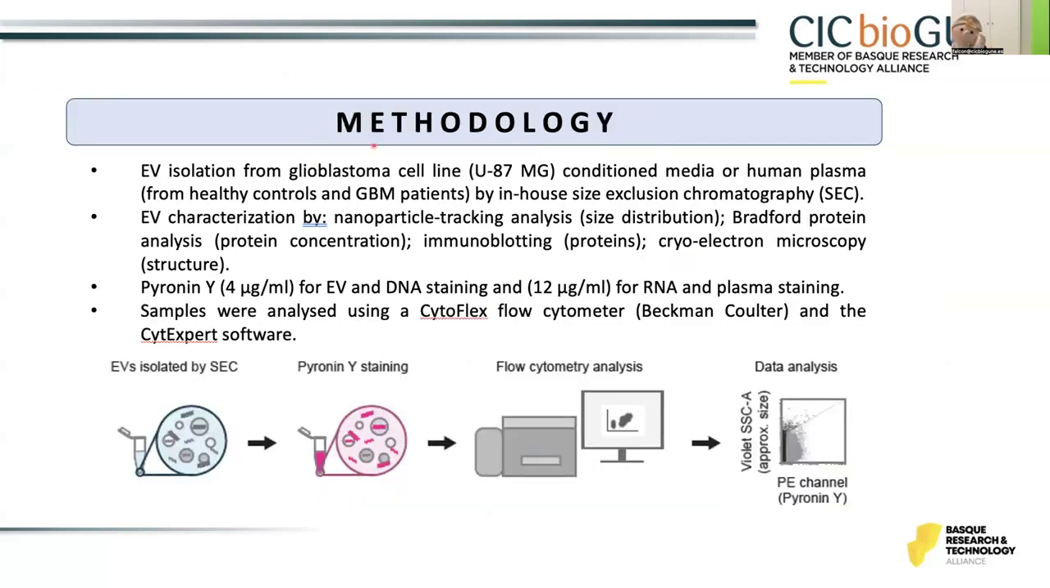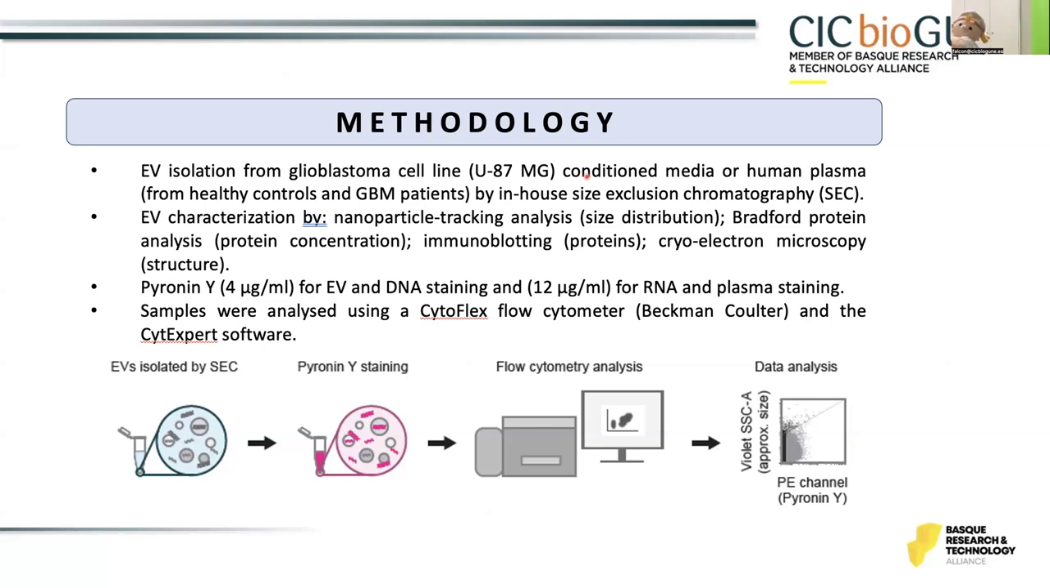So the methodology is split in two parts. One is setting the real conditions to be sure that what we are detecting are the nucleic acids in circulation, and then applying it to the samples of the patients. To set the conditions, we chose a glioblastoma cell line, U87. What we have done is to condition media by the cells,